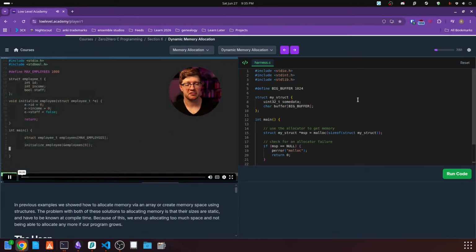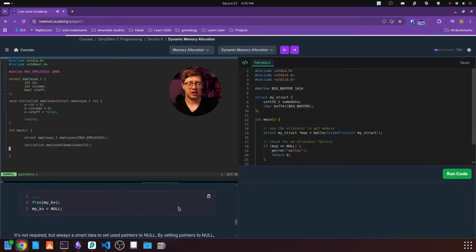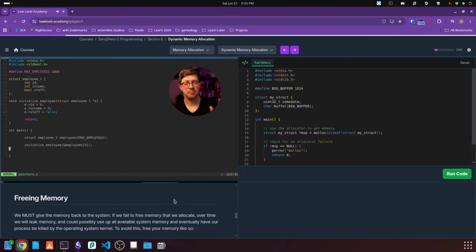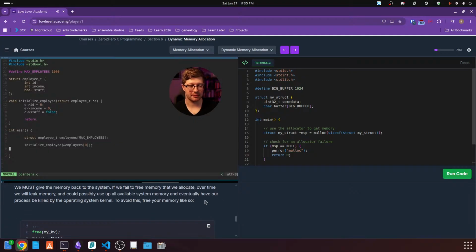Hey guys, what is up? Welcome back to your next lesson in Zero to Hero C programming. Today we're talking about dynamic memory allocation, what that means, how you can use it incorrectly, and how to use it correctly. So in our previous lesson, we talked a little bit about how we use structures and pointers together